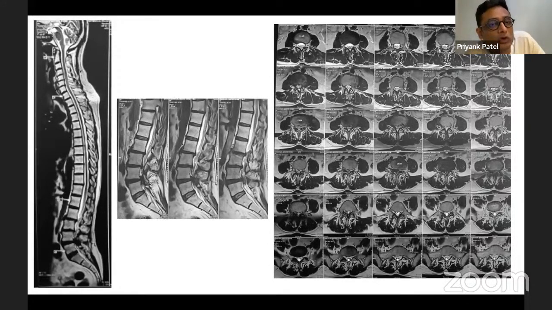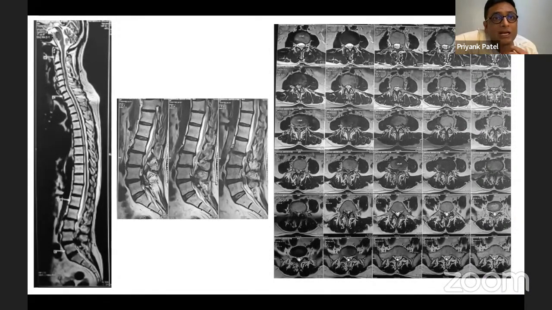L3-4 anyways you want to decompress, so you are going to remove part of your L3. But since you just want to remove part of the L2-3, you do something called undercutting, wherein you remove the entire L3 lamina. But at L2-3, you don't remove a lot of bone. The only thing that you remove is the L2-3 ligamentum flavum, and that is what is meant by undercutting the L2. So that is how we select the levels, and that is how we decide how much we have to decompress. This is once you have decided that you're going to decompress, and once you decompress, you do this.